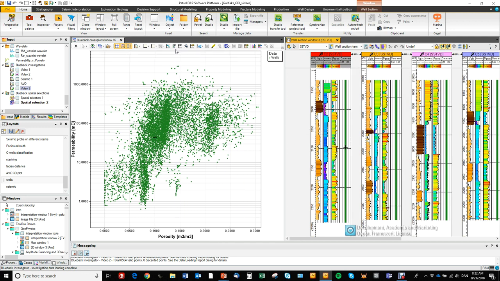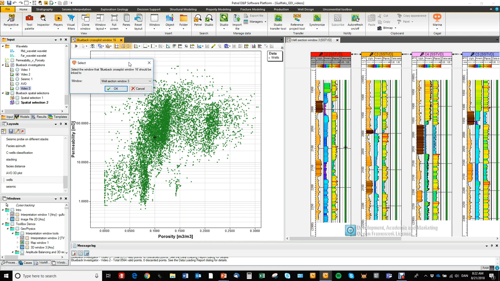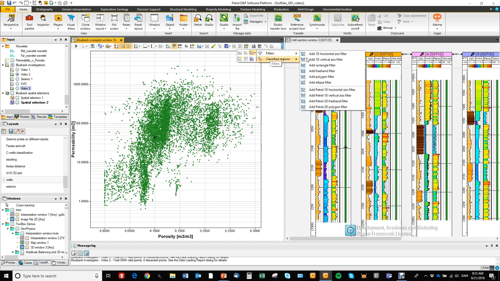and then we can link the two windows. So I can go to this link visuals and it will ask me which window you want to link. So I want to link it to this well section window. I'll say OK, and now any filter that I'm applying is going to be directly applied in the investigation in the well section window as well. So let's try and